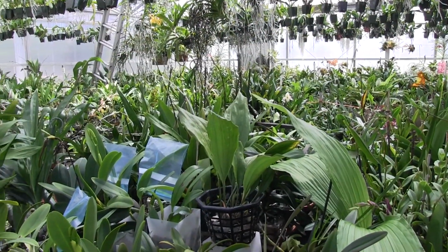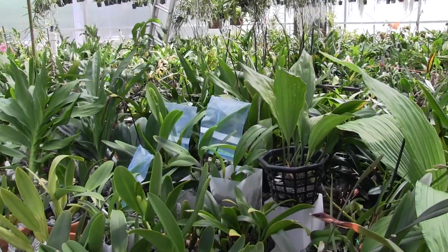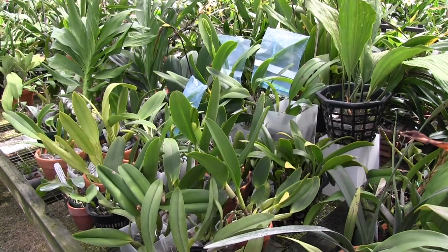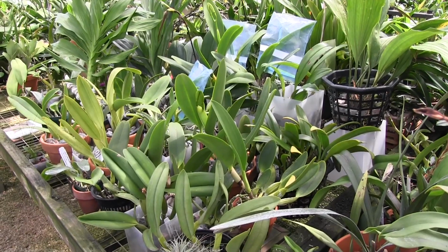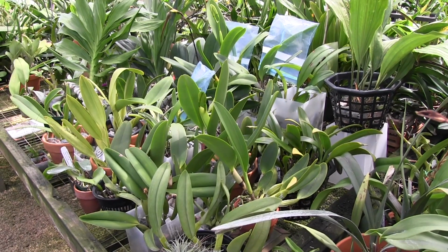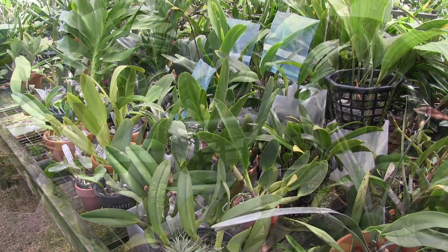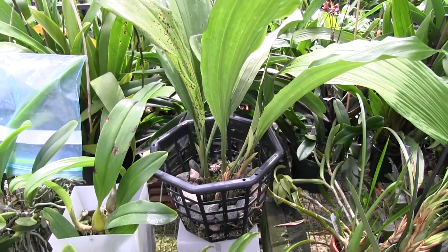And here we are back in the greenhouse. I was so happy to come in. In fact, I came in to my apartment, dropped my stuff off, and went straight over to the greenhouse. So I was really excited to get back over here and see what's going on. A lot of things, and some of them were surprises, but we're actually going to start out with the bad